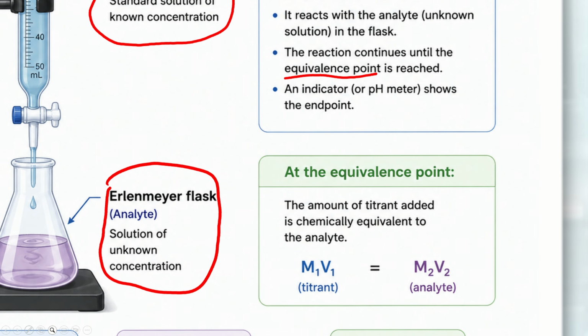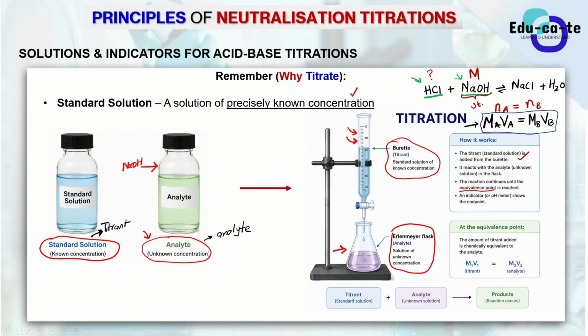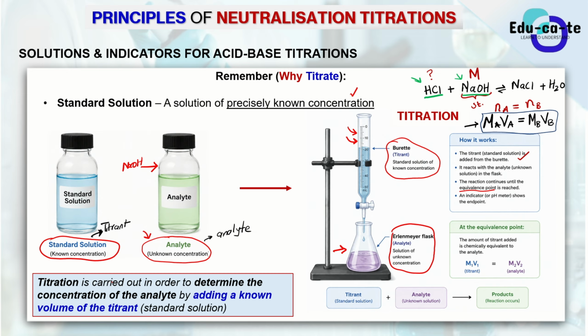Okay, so now after understanding what the equivalence point is, we can look at the whole point of a titration. A titration is carried out in order to determine the concentration of the analyte by adding a known volume of the titrant, or of the standard solution. That's exactly what I've explained already: the whole purpose of a titration is to find out the molar concentration of the analyte. And we use a standard solution, or a titrant, which has a known concentration,